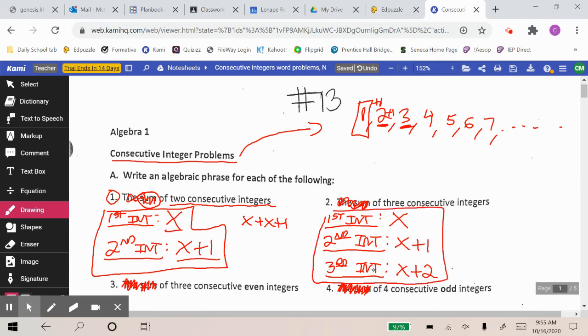So that's our setup. All right. Now, the next two, we change it up. For 3, it says consecutive even integers. All right. So I would normally ask students in class to say, hey, give me an example of 3 consecutive